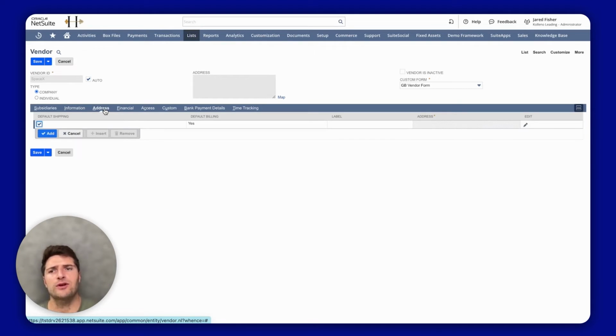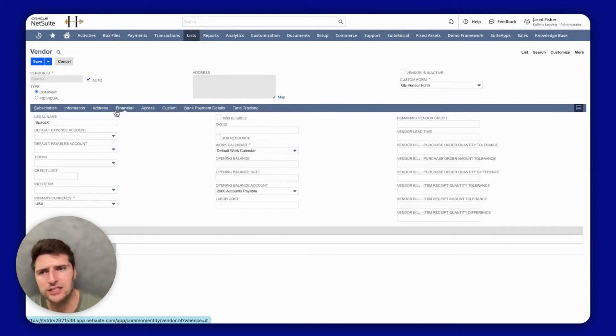You can then come through and add additional information on the company, such as the default addresses, specific financial information, which accounts you are mapping it to within your general ledger setup, as well as any purchase order tolerances, quantities, amounts, etc. You can use workflows and automations to trigger actions and events based off this. And obviously, ultimately, keeping in mind the warnings and levels that can come in if you're going to go over